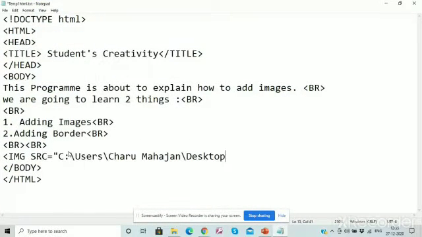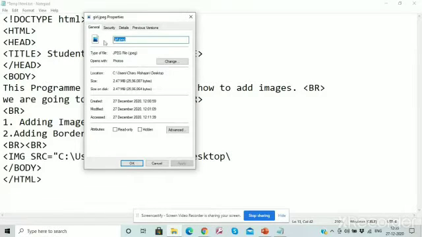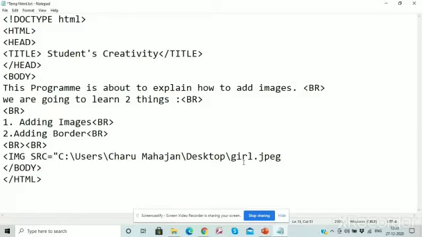In double quotes, we have to write the name of the image. I just copy it and paste it. Just close it. Now we just define the height and width also.